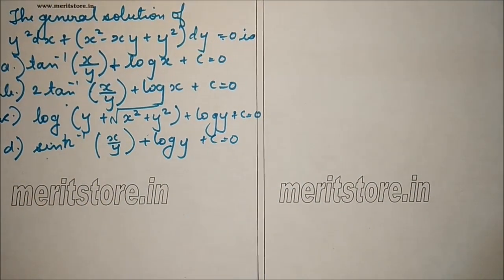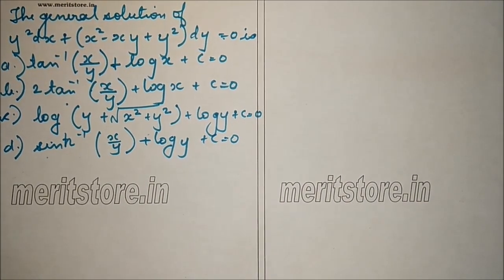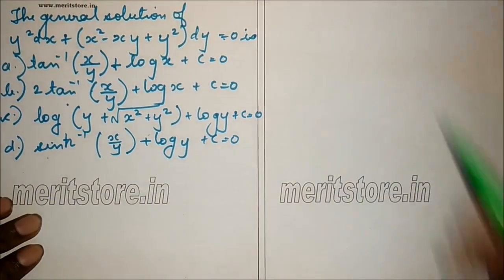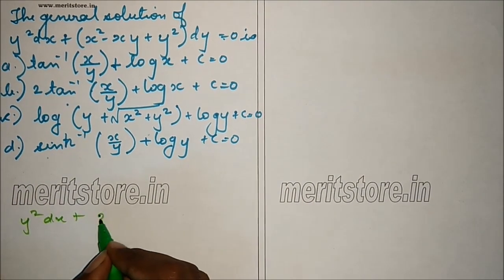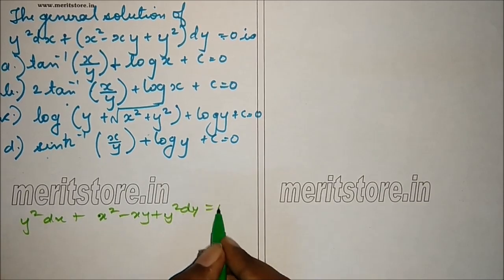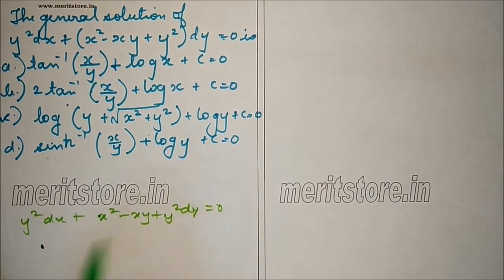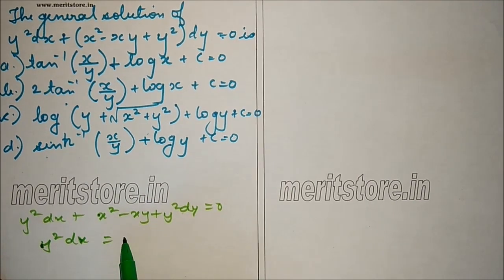General solution of the differential equation y square dx plus (x square minus xy plus y square) dy equals 0 is, so first, given is y square dx plus (x square minus xy plus y square) dy equals 0. So this is equal to, rearranging this term, y square dx equals